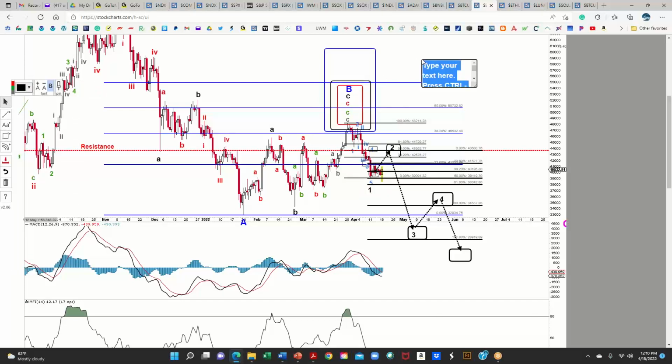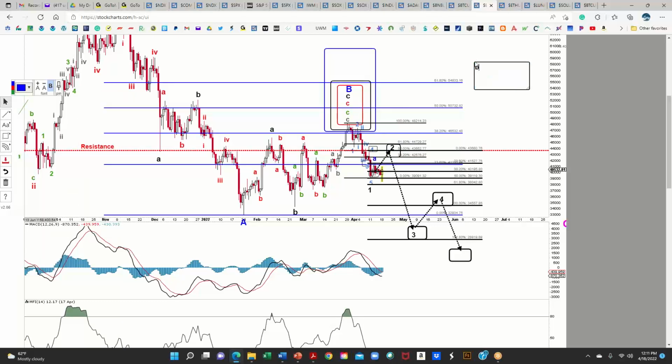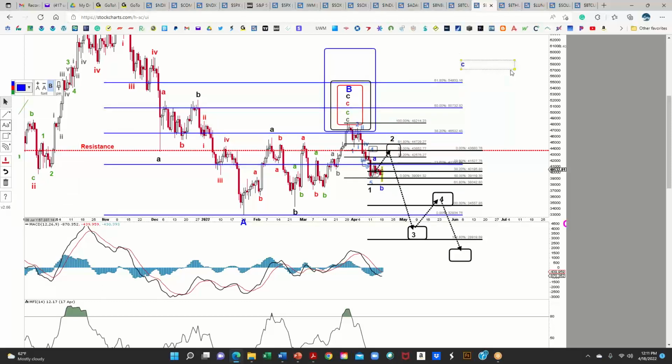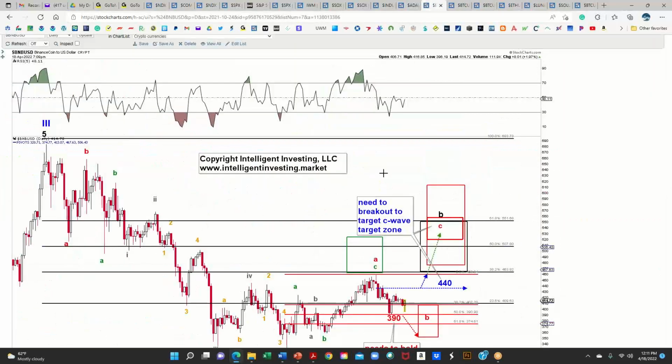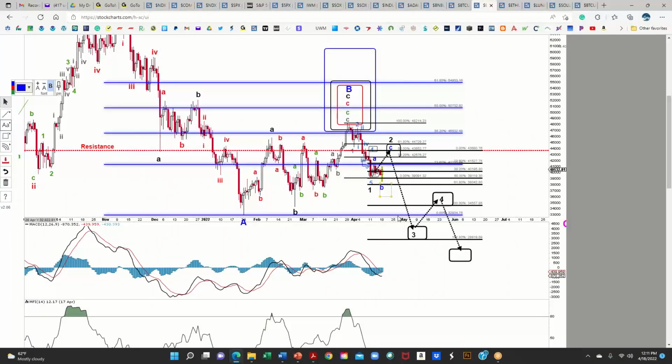So what this could have been, for example, is a wave A here. This could be an A wave top. And this is a good example then, there in blue. This is then a B wave of an irregular flat wave 2. Second waves are similar to B waves. They are made up of 3 waves, corrective, and can be a zigzag, a flat, or a triangle. And this is then the irregular B wave, as I mentioned, for Cardano as a potential, and even for Binance Coin as a potential. Okay, so this is my interpretation of the price action.